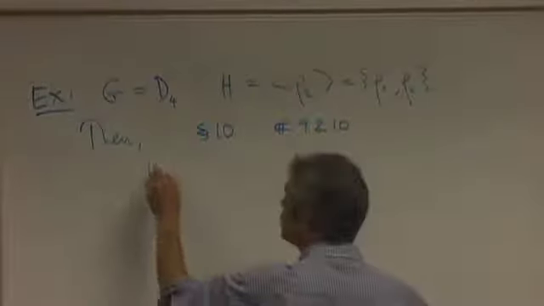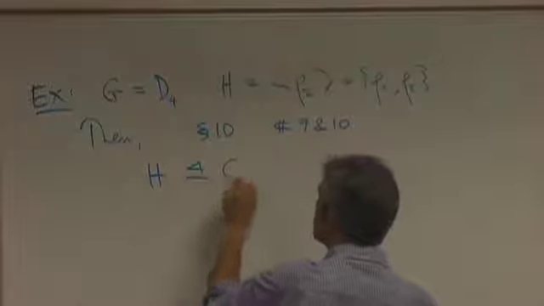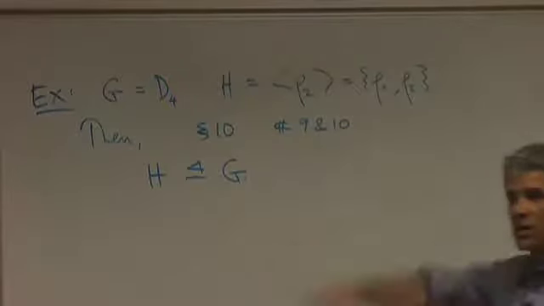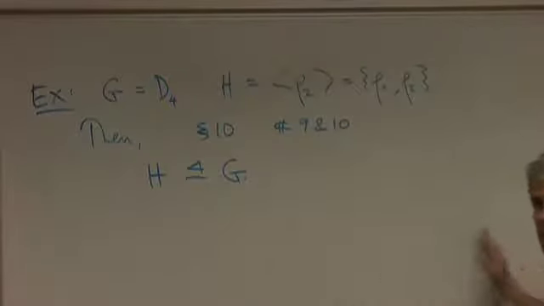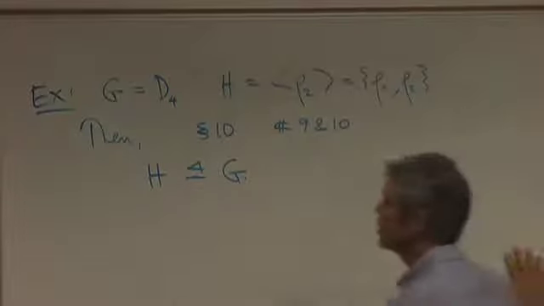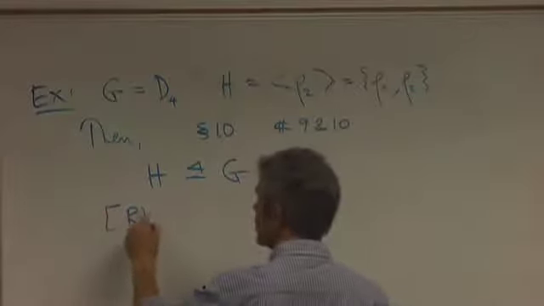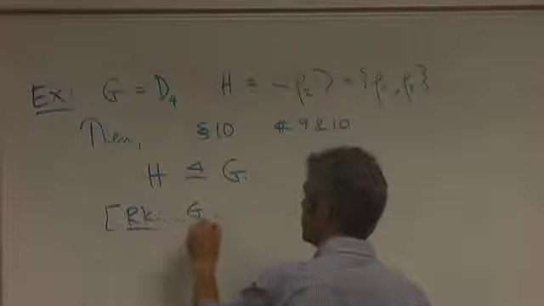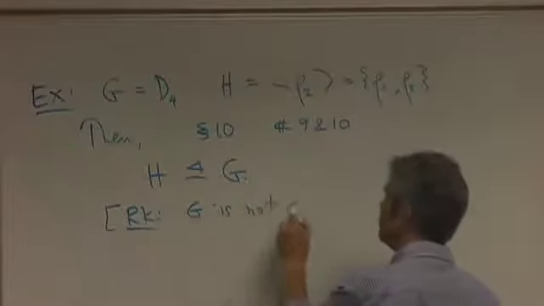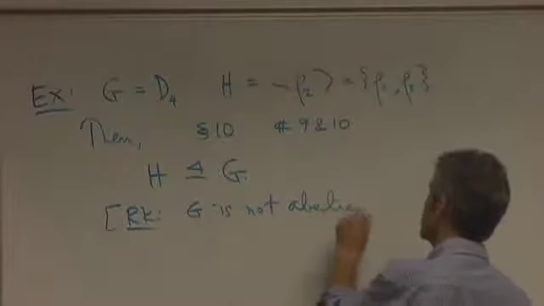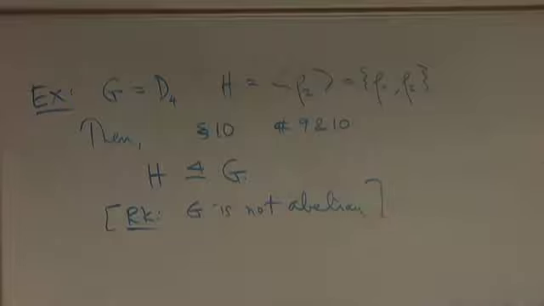H is normal in G. And how'd you prove that? You just pounded them out. You pounded out all the left cosets and you pounded out all the right cosets. But I'll put as a remark, the original group G is not abelian here. So Will's question, does it necessarily require G to be abelian in order for this to happen, is no, but